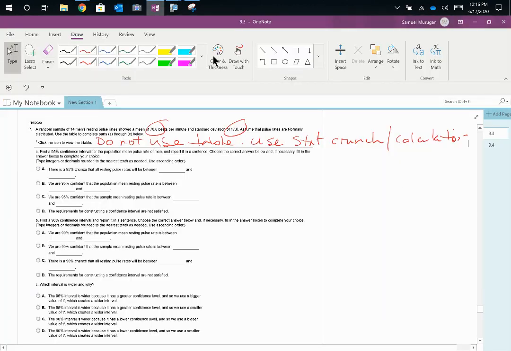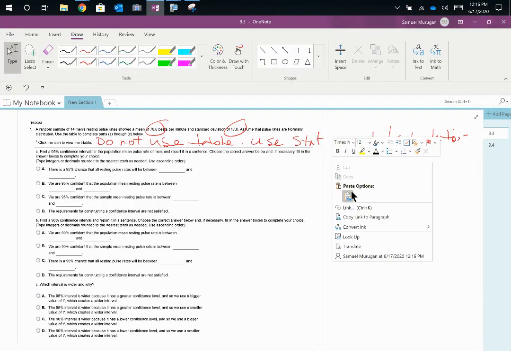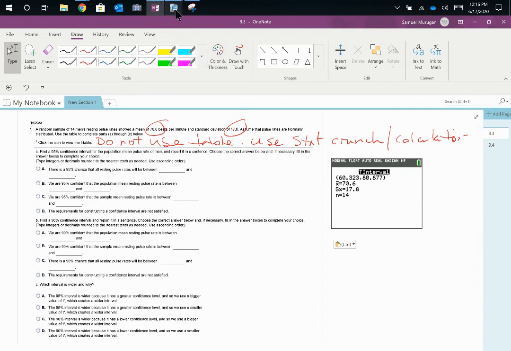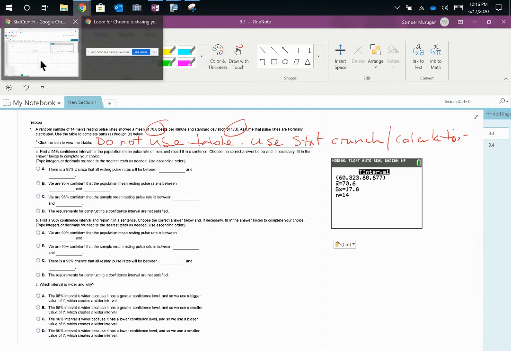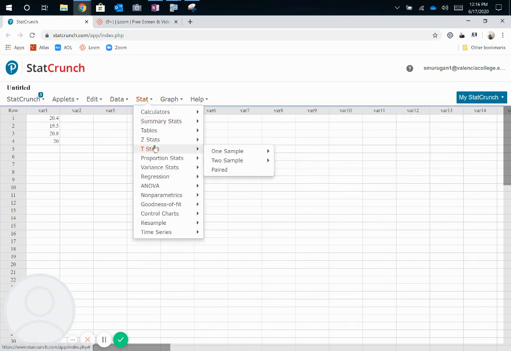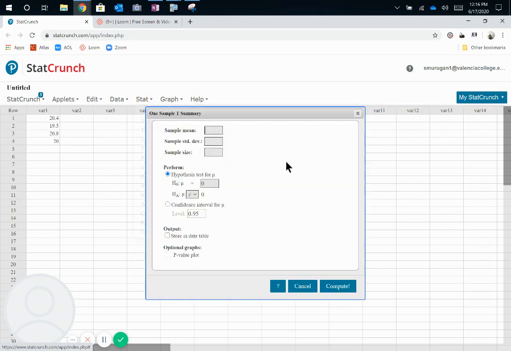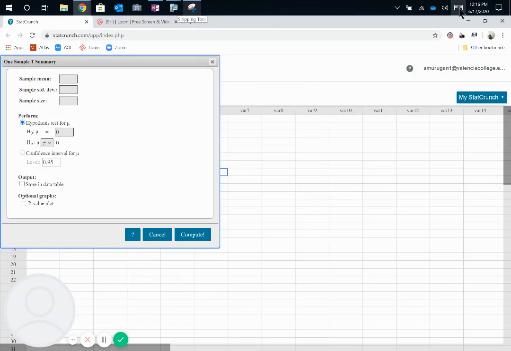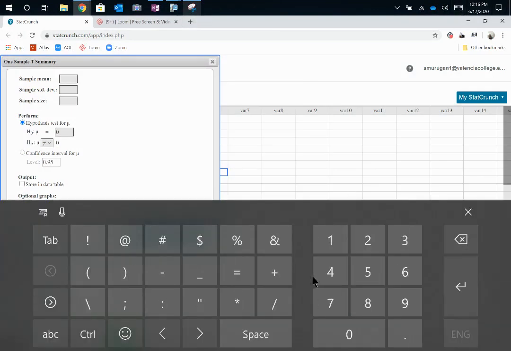for those of you who are still trying to follow me. Okay, paste this. And then let's use StatCrunch as well, okay? So this time we need Stat, T Stat, One Sample with Summary, okay? Sample mean